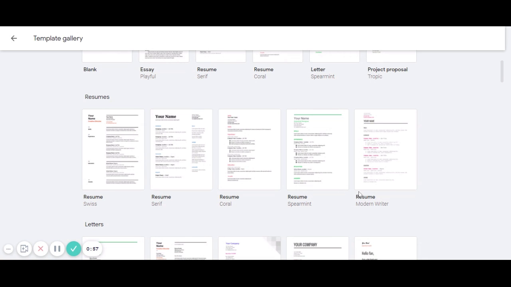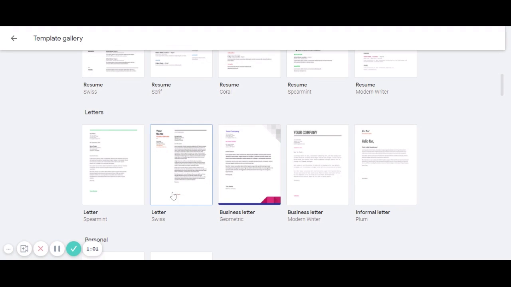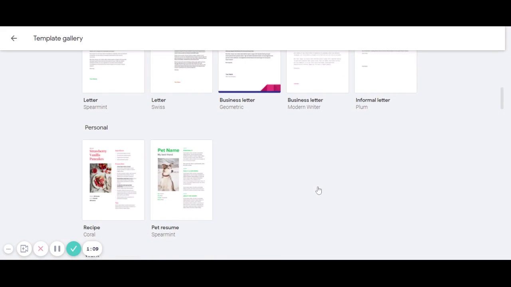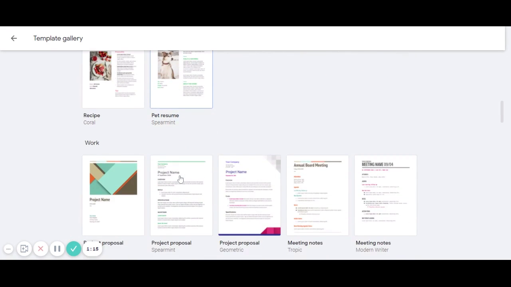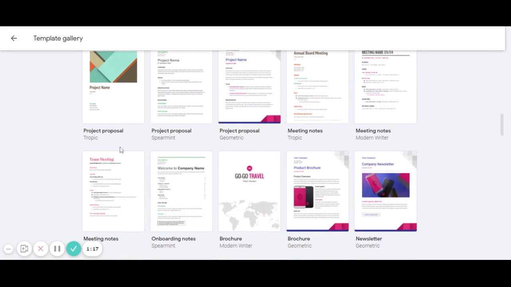I might be looking to create a resume, so I've got some resume templates here. I might be writing a letter. There's some different types of letters here, from personal letters all the way up to business letters and informal letters. There's some personal templates that I could use for recipes, or if I want to create a resume for a pet. There are some projects that I can use when it comes to working, project creation, meeting notes, onboarding, brochures,